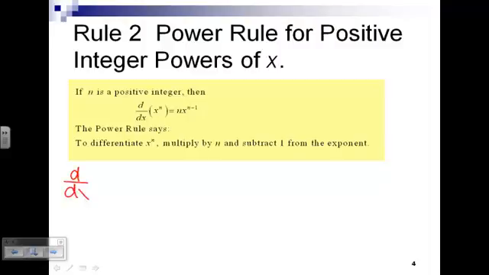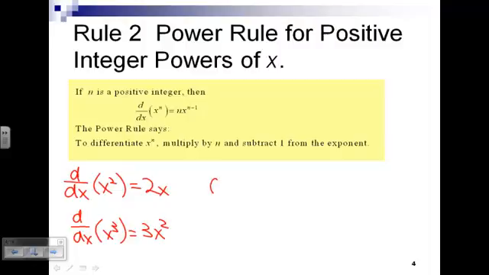The derivative of the x squared function is 2x. The derivative of the x cubed function, 3x squared. If f of x is equal to x to the fourth, f prime is 4x cubed. Yes? Would the derivative of cube root x be